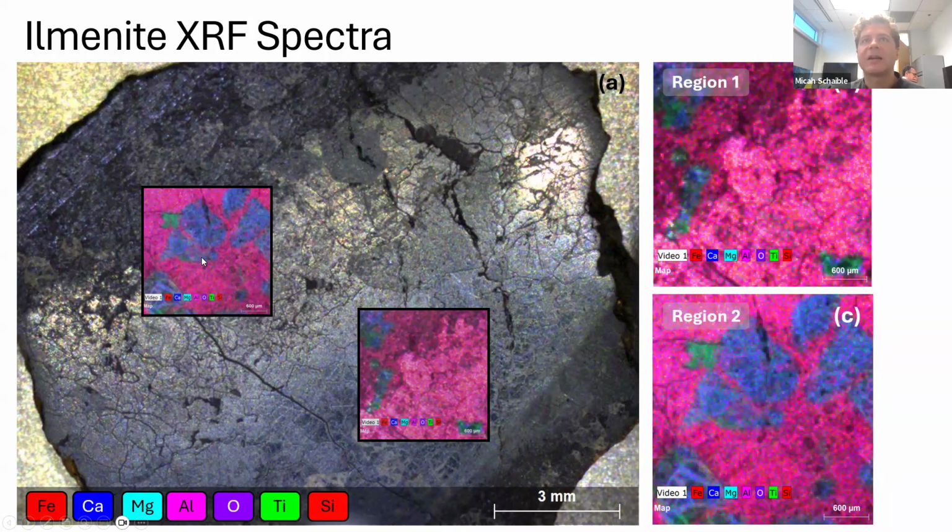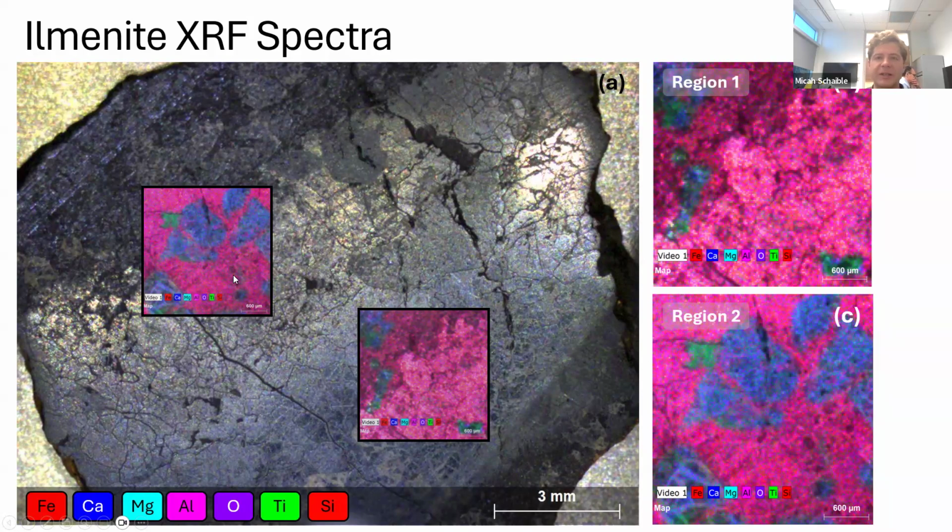And we see that there is a bit of compositional variation in our sample, where the pink here is the more or less pure ilmenite, and then the bluer sections here are where we're seeing these inclusions of this calcium-rich material. So we have predominantly ilmenite with a few of these inclusions of calcium and aluminum-containing materials, which then lend themselves to the production of the SIMS spectra that we just saw.